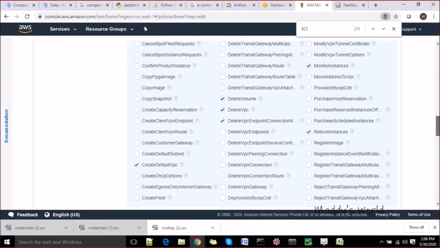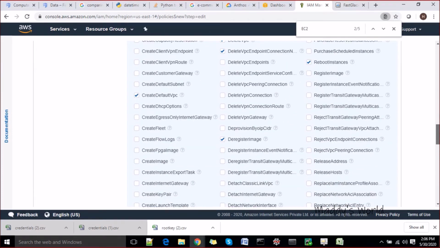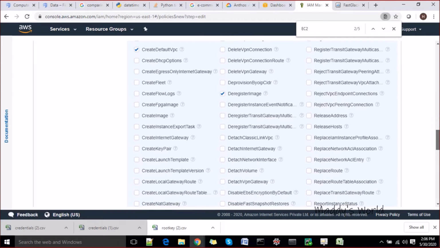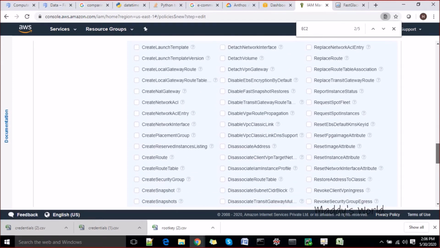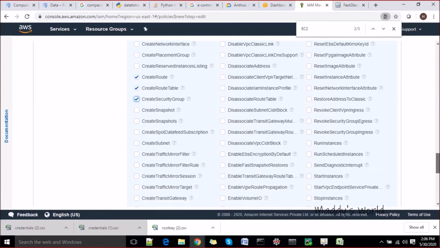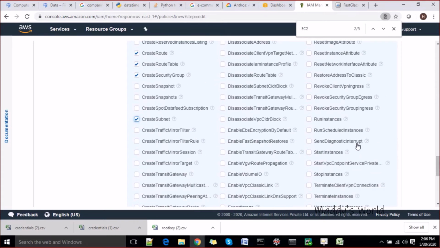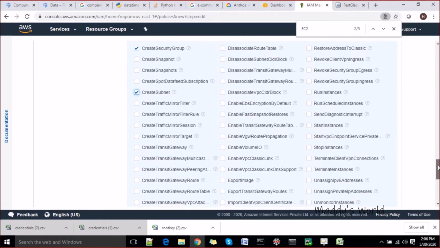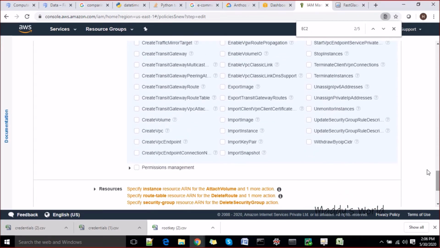Copy means VPN routes, default VPC, create, keep here, create image, leave it, create route, let's give, create route table, create security group, let's give them create subnet option too, gateway, create volume. Okay, create VPC. I was looking for this option here. Okay, create VPC endpoint. I don't want it.